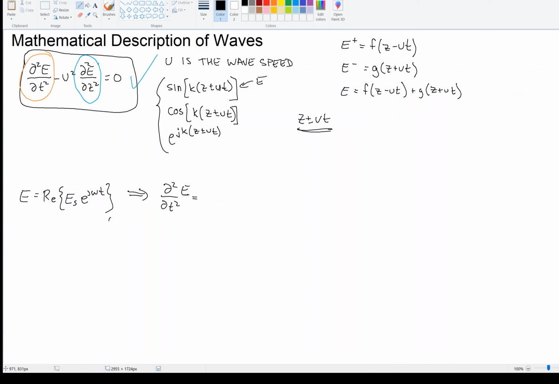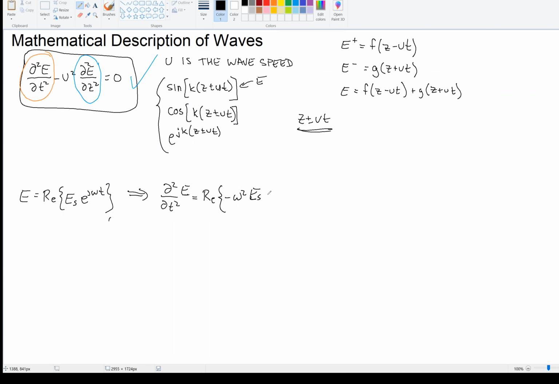Well, remember that differentiating with respect to time is like multiplying by j omega in the phasor domain. So when we take two derivatives in time, that's like multiplying by j omega twice. And of course, j times j is minus 1. So we would have minus omega squared